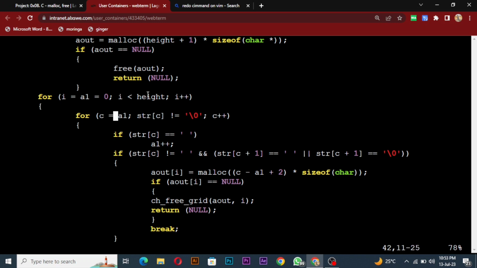For C equals to A1, strc is not equal to null, C plus plus, right? And then if strc is equal to null, it's equal to empty space, A1 plus plus. If strc is not equal to null, and strc plus 1 is equal to space or strc plus 1 is not equal to null,